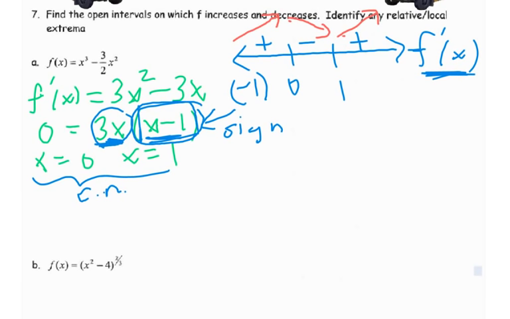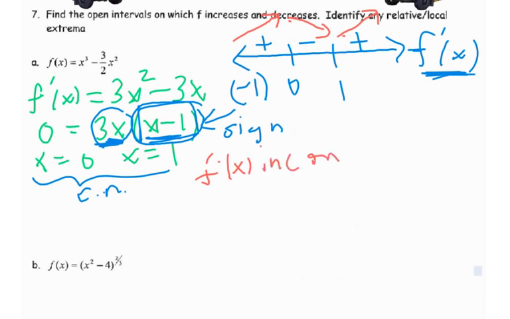So what you see in red is the behavior of the original function, which is what we were trying to find out about. So then I would say, because the first question was, where does f increase and decrease? This is how I want you to write your answer using precise language and mathematics. F of x increases